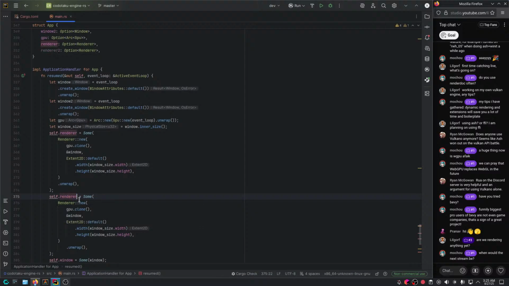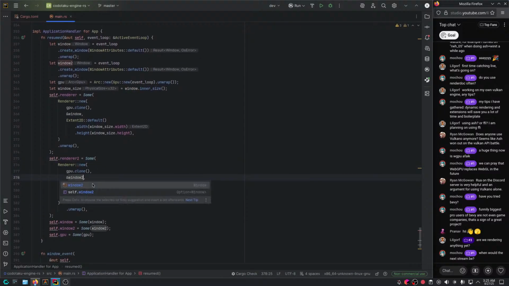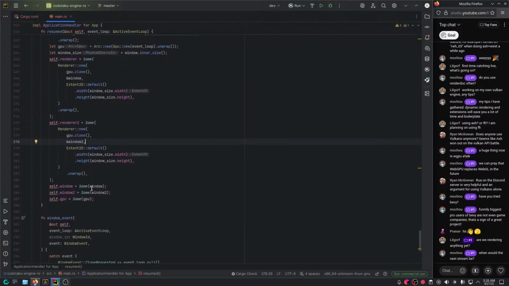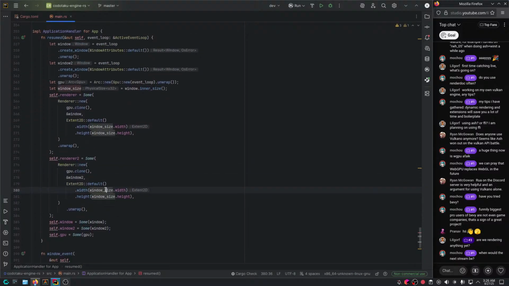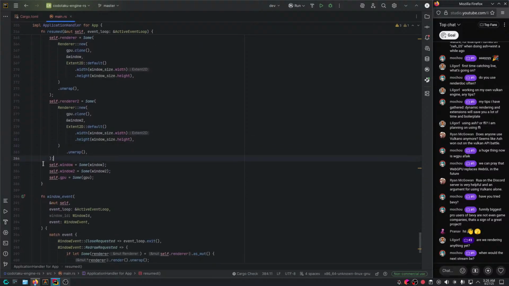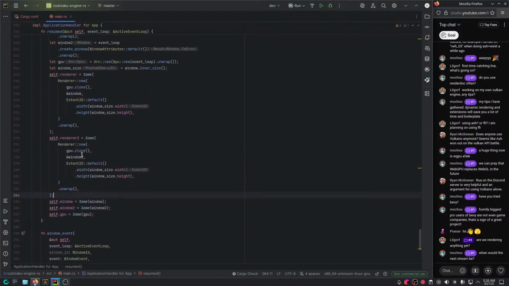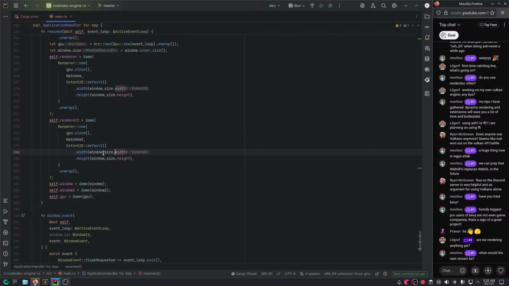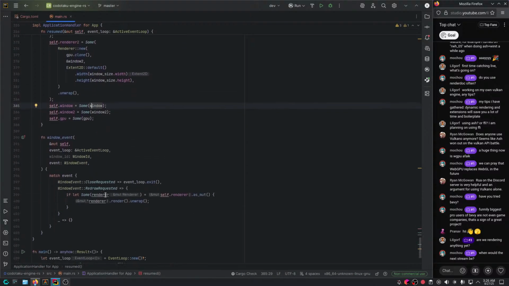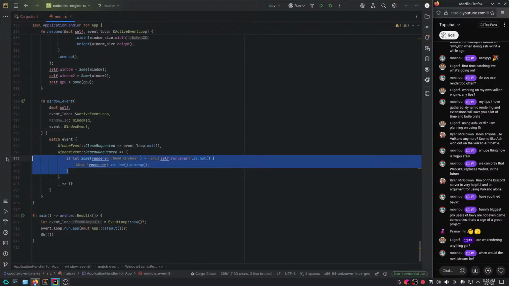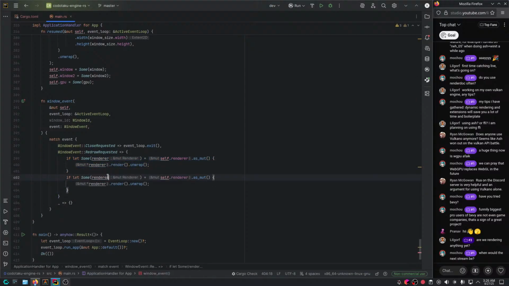Whoops. Self.renderer2, and here we're gonna pass window 2. And for now, we could just share the window size, fine. Because they have the same window size, though you should probably change that. Other than that, we're good. And now, after that, you can say let's some render 2, self.render2, render2.render.